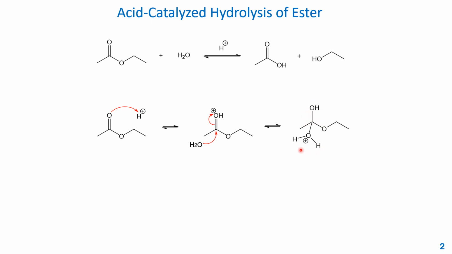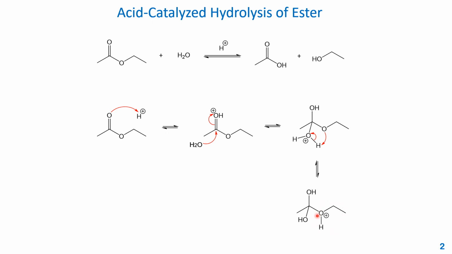And now you can notice that the proton needs to be deprotonated, so it will do the internal proton transfer. After that, you will form this intermediate again. Now the proton will be on this oxygen. So this oxygen will be positively charged, and also this will be a good leaving group because you can see